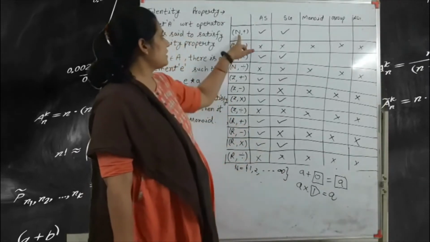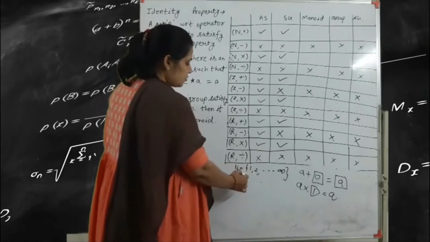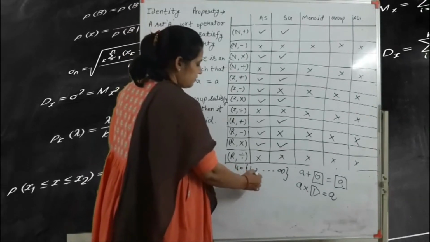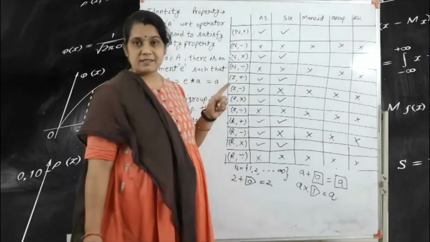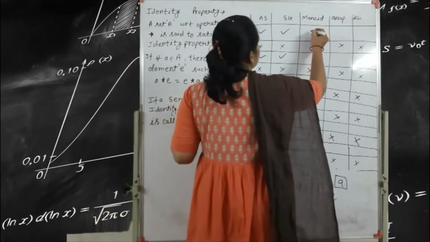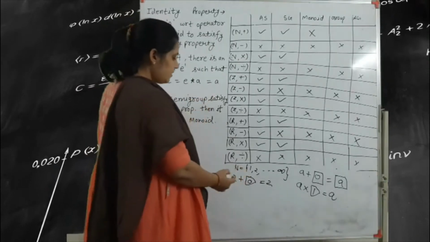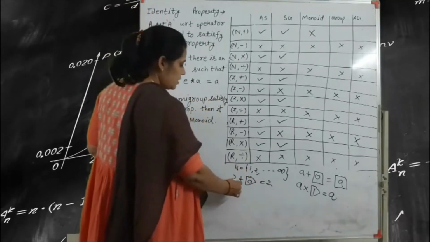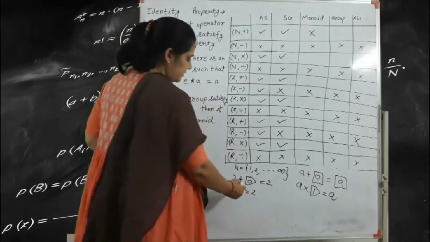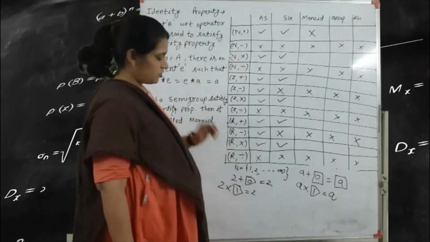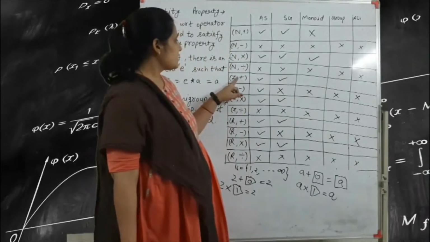So here if we find N plus, that means we consider 2. Okay, so 2 plus which element do we add here to get 2? Obviously 0, but 0 is not present in N plus, so this is not a monoid. Okay, next one is N multiply. So if we write 2 into, which element do we multiply here to get 2? Obviously 1, and 1 is also present in the set of natural numbers, that means this is a monoid. Got it?